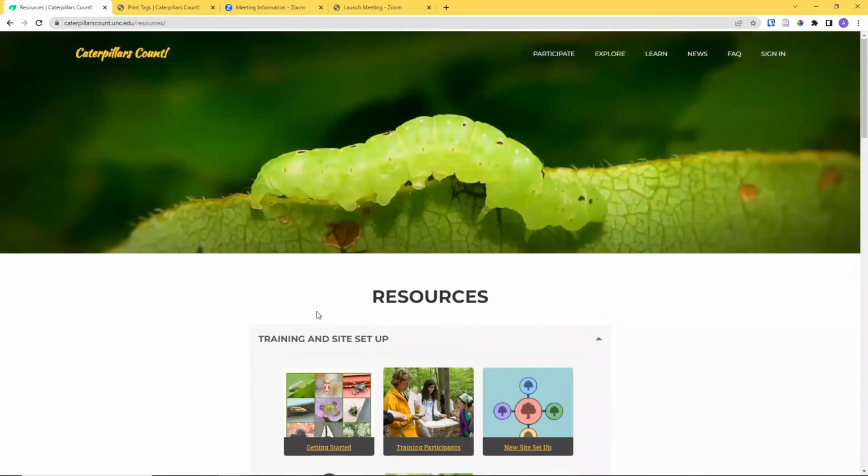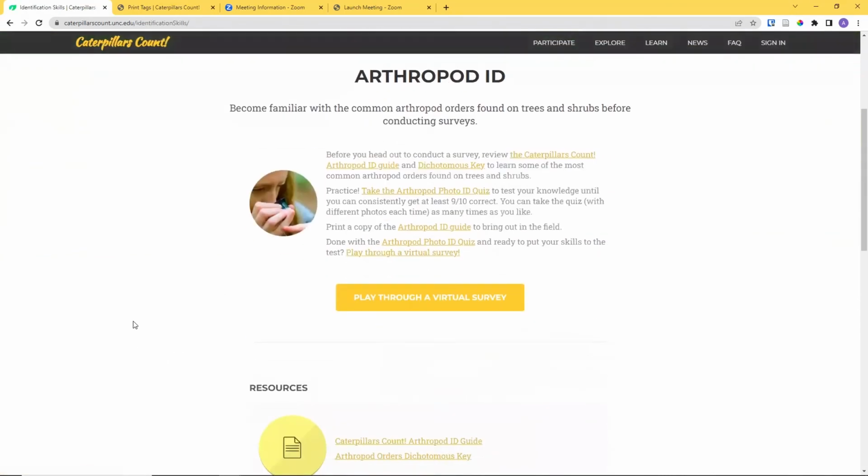But one of the areas that we want people to feel comfortable with, of course, that I alluded to before, is being confidently able to identify bugs to these different levels. So on the learn link, if you go to identification skills, here we have a number of resources. So one of them